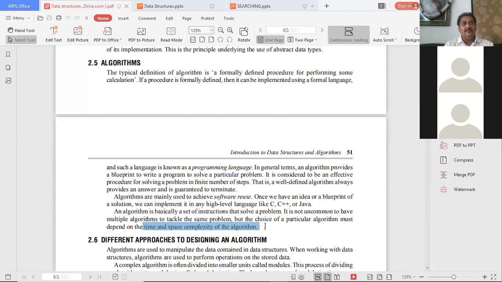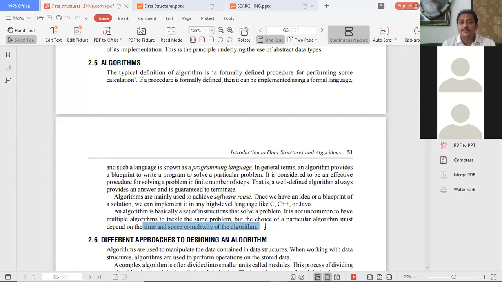But for the train, they have to start: Tirumala Express starts in Vizag at 2 o'clock in the afternoon and reaches Tirupati at 5 o'clock in the morning. How many hours? 12 plus 3, that is 15 hours needed to reach Tirupati from Vizag. But in the case of a flight, they reach in 1.5 hours. See, time and space complexity, have you studied it as part of the first year?